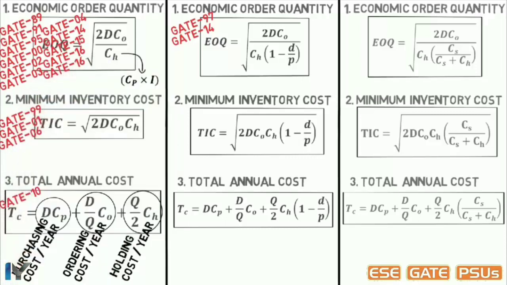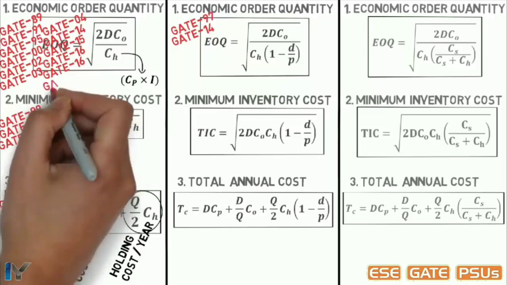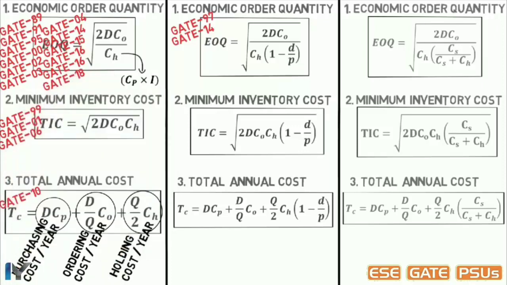In another set of GATE 16, a lengthy numerical was there on basic model with 3 different price breaks, having different unit price for each offer. Find out best EOQ. And last year in GATE 2018, again all the values were given directly and the question was find out EOQ for simple inventory model.